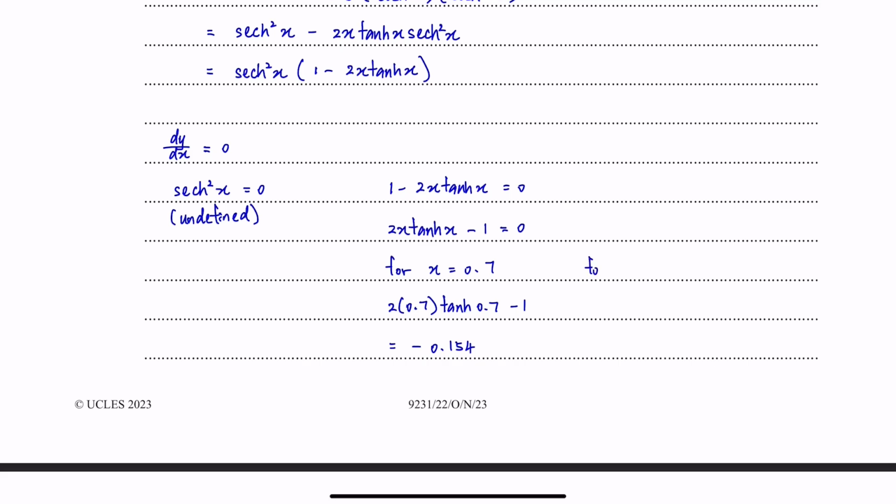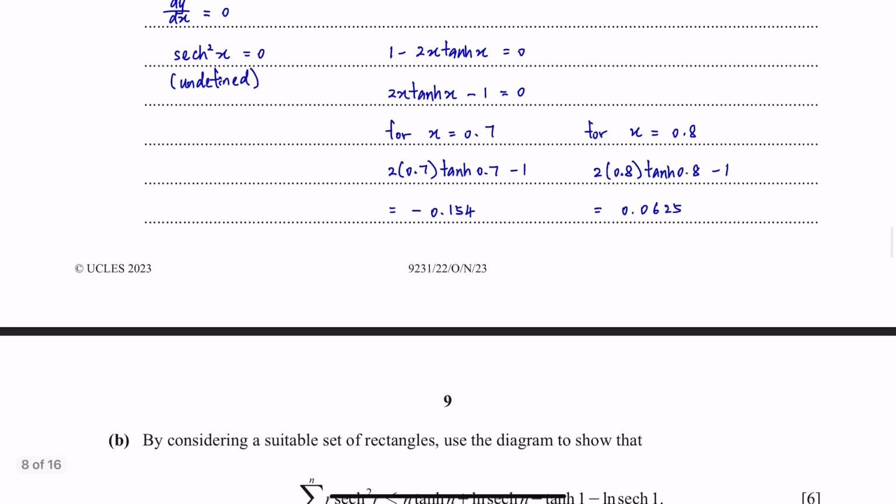And for x equals 0.8, we have 2 times 0.8 times tan 0.8 minus 1 equals 0.0625, rounded to 3SF. And we can make the conclusion that